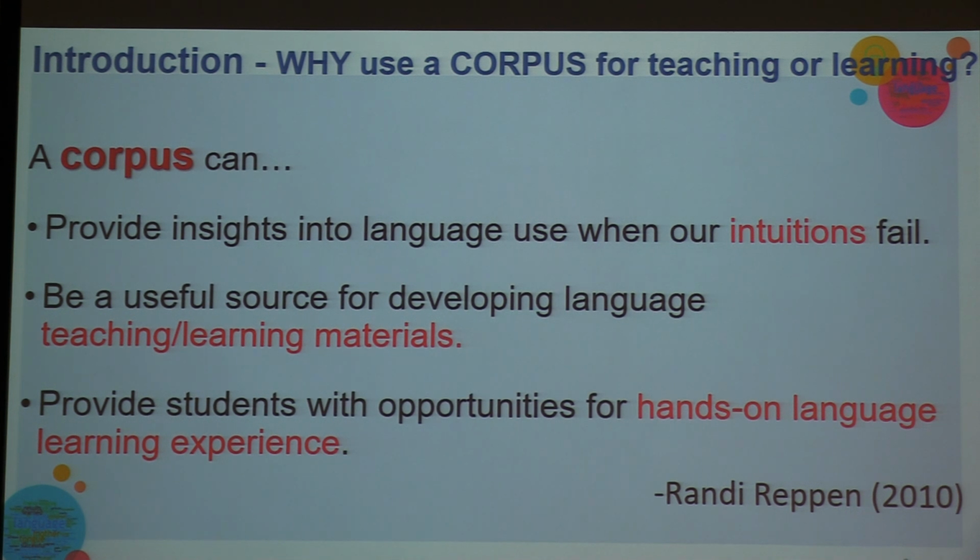As language teachers or learners, we always have some intuition about how language should behave in a particular context. But the problem is, can we always trust our intuition? Can we trust our memory? Sometimes we just forget. For example, in the process of writing, suddenly you're looking for a preposition which should be used with another word. Should I use insist in or insist on? Should I use attention to, attention on? Sometimes you just forget things which you think you can remember very well.